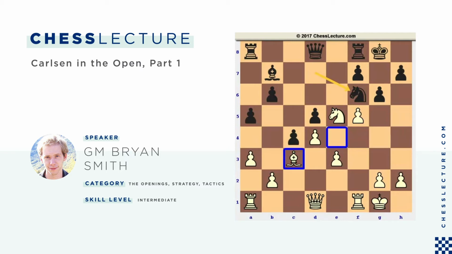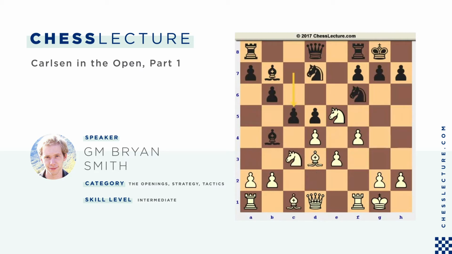Black ended up winning this game. This was Shimoyev versus Karyakin from Nizhny Novgorod, 2013. So that's some better play, I think more promising play for black. But instead,